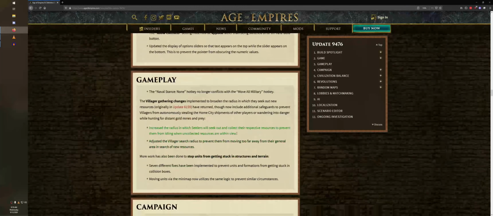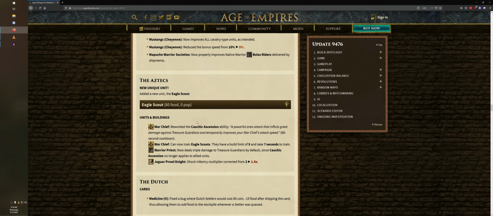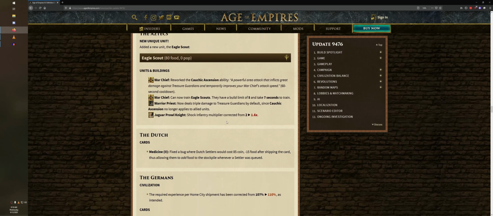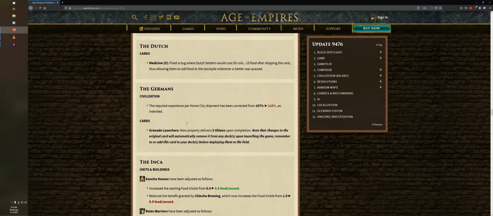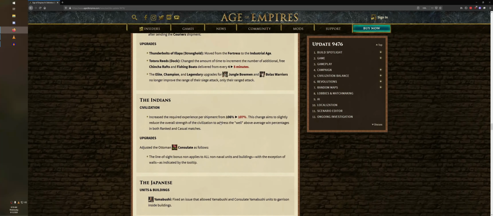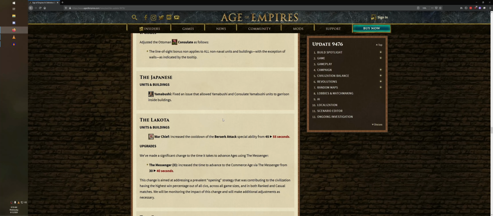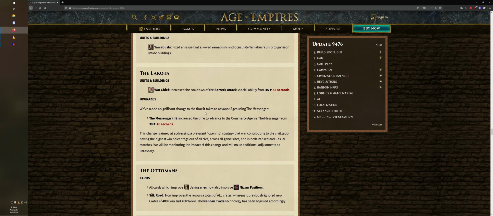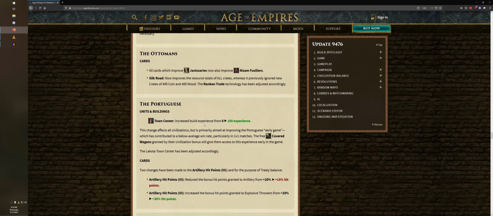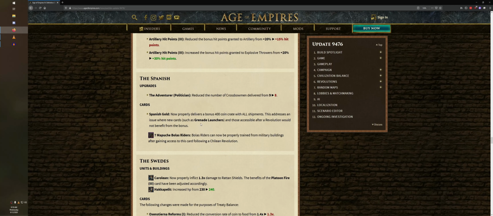Most importantly, we've seen that nerf to the Aztecs. Oh, sorry, buff to the Aztecs. We've seen the nerf to the Germans. We've seen a nerf to the Inca. The Indians have got nerfed as well. The Japanese have somewhat been fixed. Lakota have been nerfed. Portuguese are buffed. Spanish, they're...